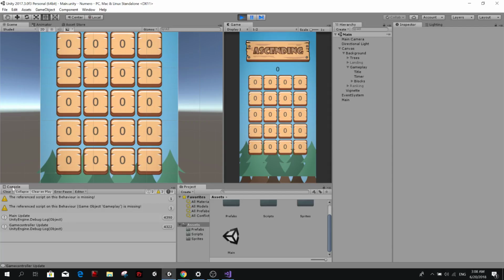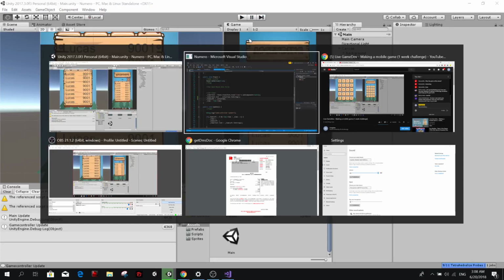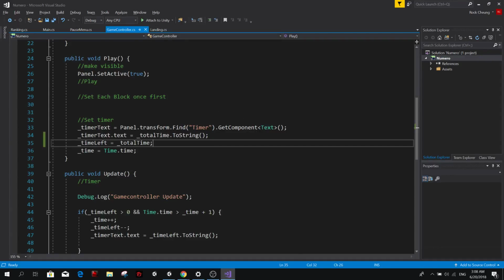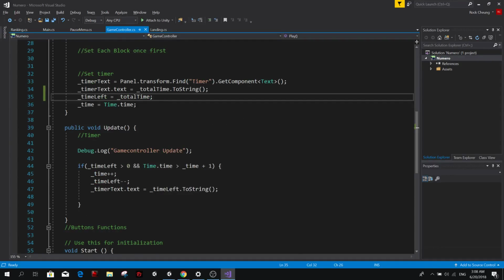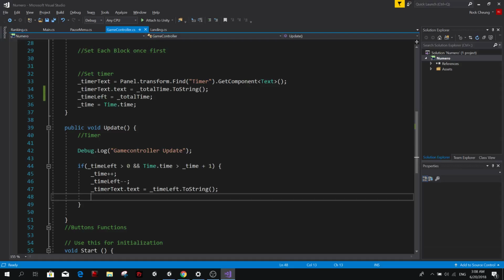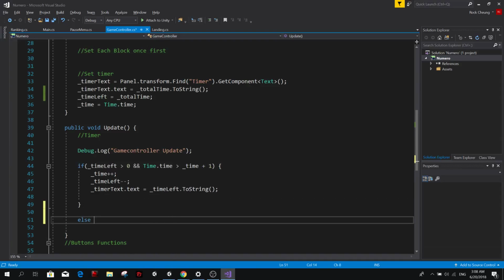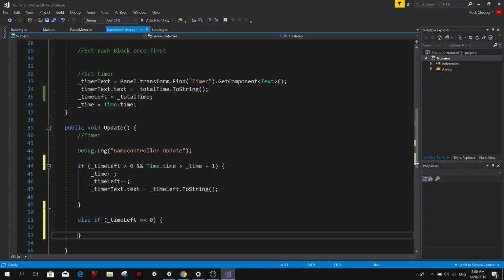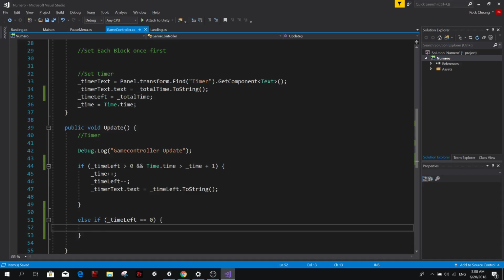So yeah, let's stop this and continue. We have to lose if time is 0. So else if time left is 0,